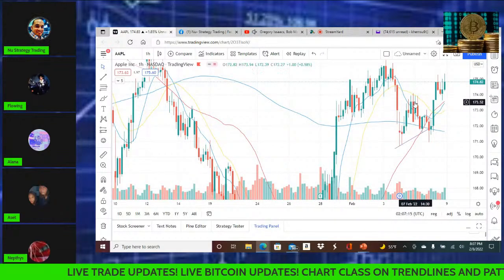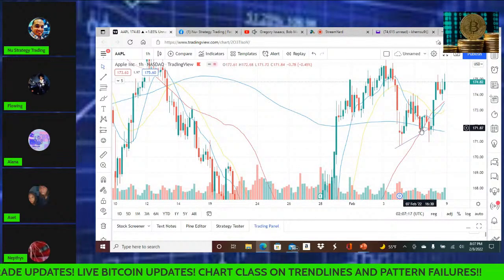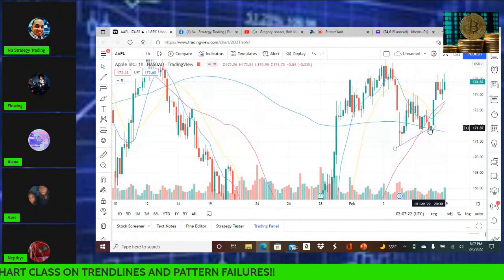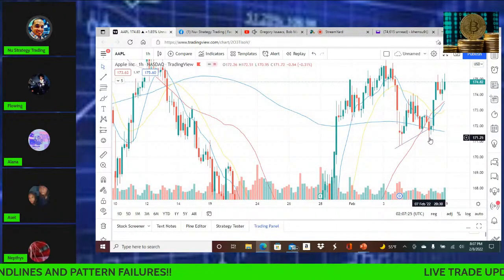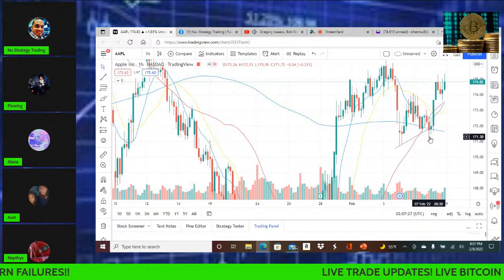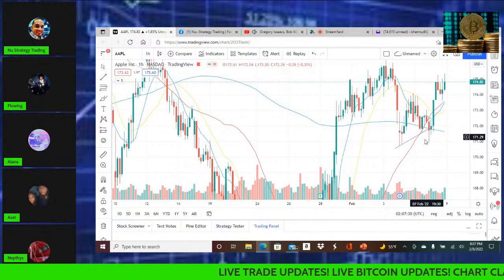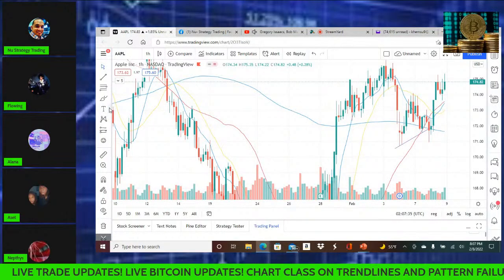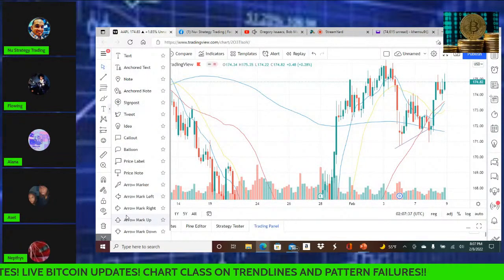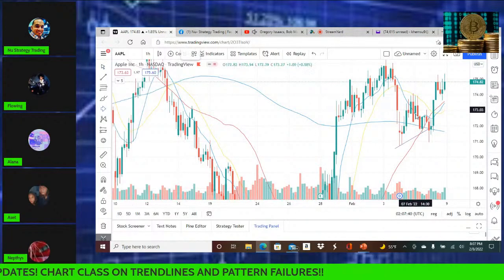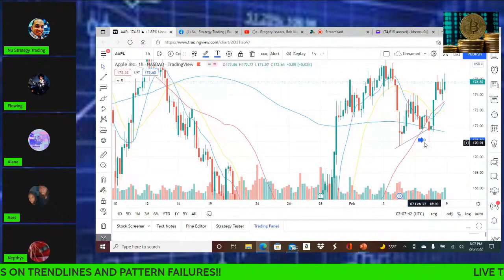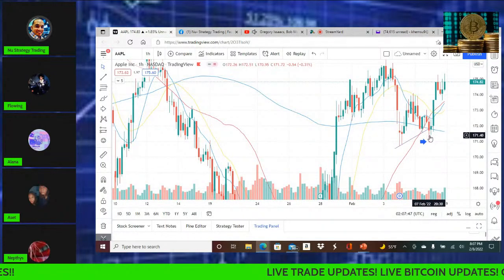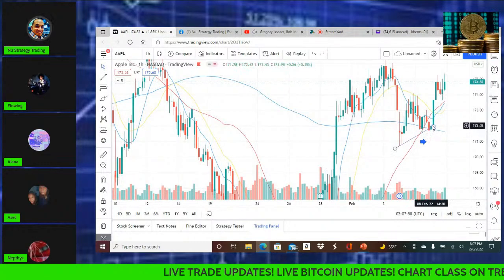So we took our first short around 173. And we instantly made profits. I think we took some profits, got back in, boom, took some more profits. Then we got in a third time, and we actually got profits. But by the end of the day, the bar pulled up and gave a hammer pattern. Let me draw my arrow here. This hammer pattern. And this hammer pattern actually was so strong that it reversed the head and shoulders.